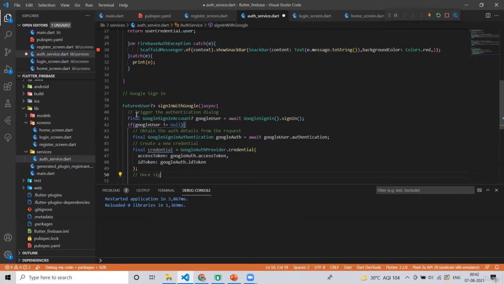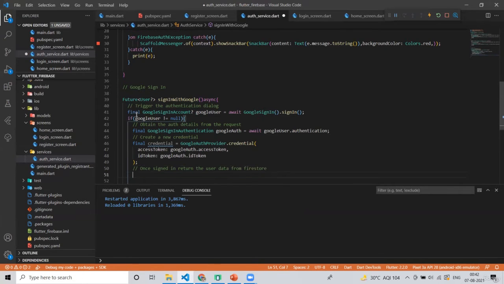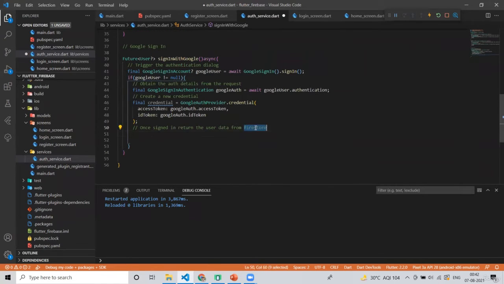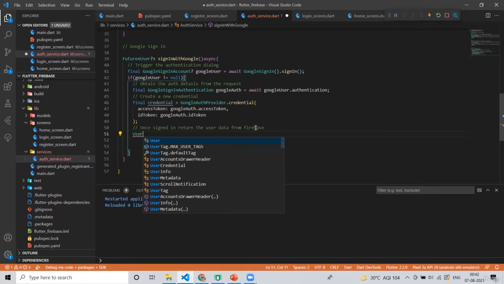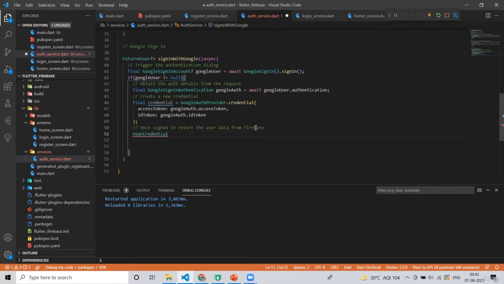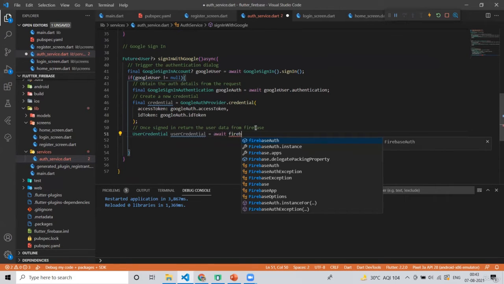Once signed in, we will return the user data from Firebase. Now it's user credential. User credential is equal to await. Now we will sign in with the Firebase.